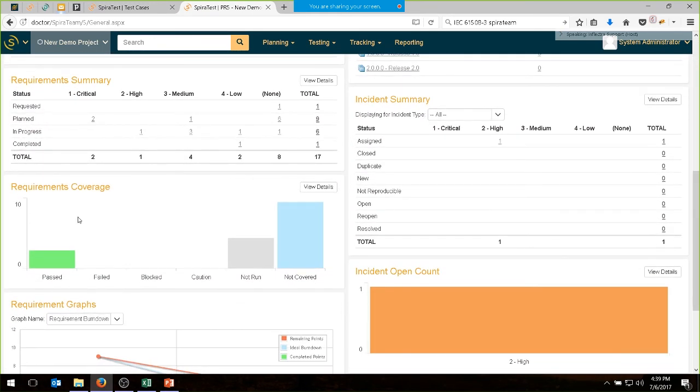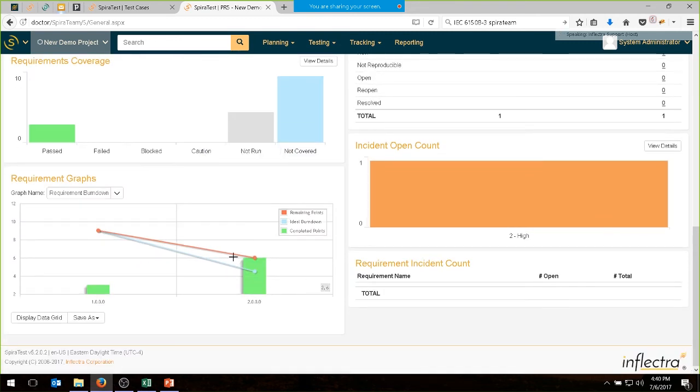The requirements coverage graph will show you what is your total requirements coverage, and you'll notice we have a whole bunch of requirements that are not covered, and those are requirements that don't yet have any test cases. So those would have to actually be written, assuming that we were interested in those requirements. Now they're currently in release 2, so if we filter this by release 1, they'll be excluded, and so it won't matter. But once we start looking at release 2, we'll need to write some test cases for those requirements. There's also some that are not run, so we need to get those executed and either a pass or failure